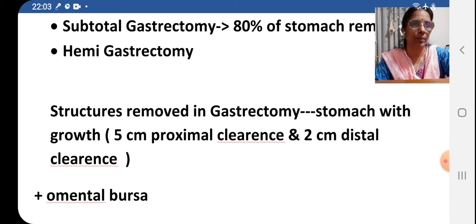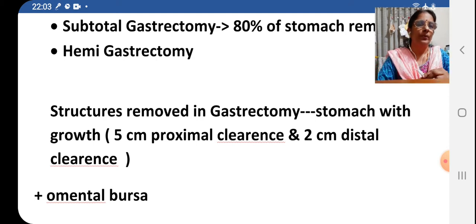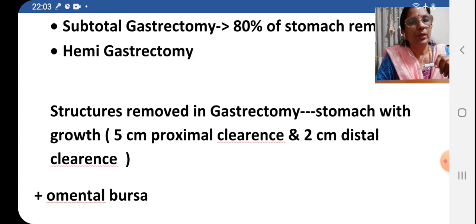The growth may be 1 or 2 centimeters or 5 centimeters like that. From the upper part of the growth, you have to leave 5 centimeters of normal stomach, and from the lower part of the growth you have to leave 2 centimeters clearance. In that way you have to cut the stomach,